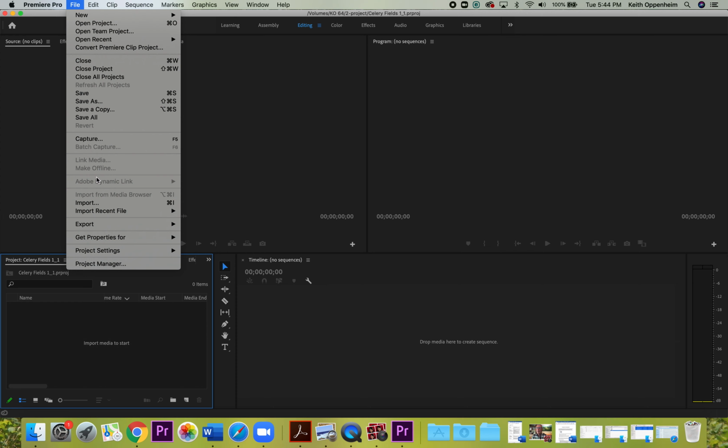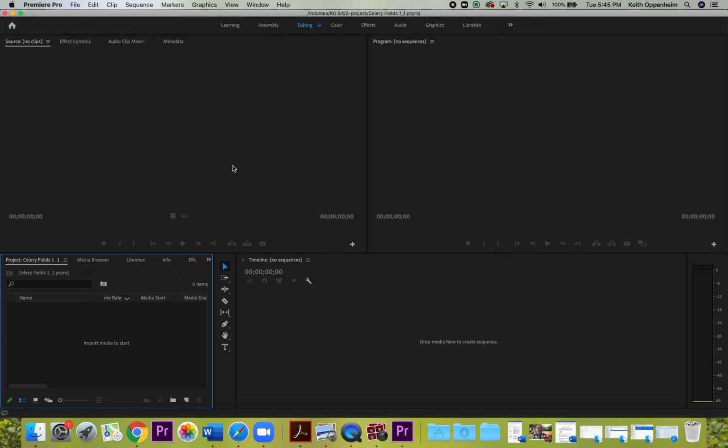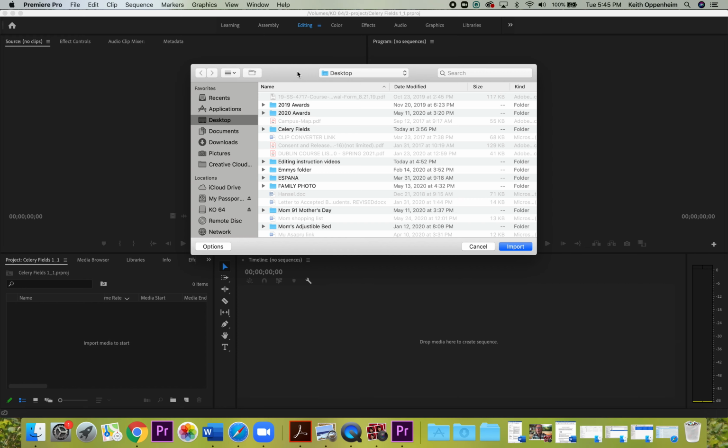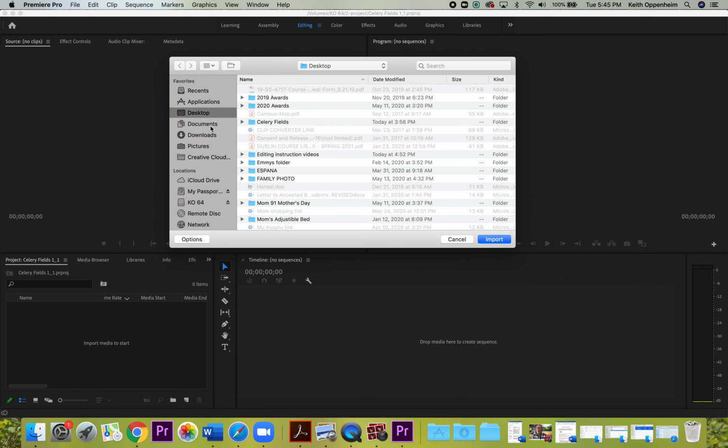We can go File, Import, and when you do something like that through File, you often see on the right side there an explanation of what the shortcut is. On a Mac, it's Command-I. On a PC, you're almost always substituting Control for Command, so it would be Control-I on a PC. So try that. Go Command-I, and a window will pop up